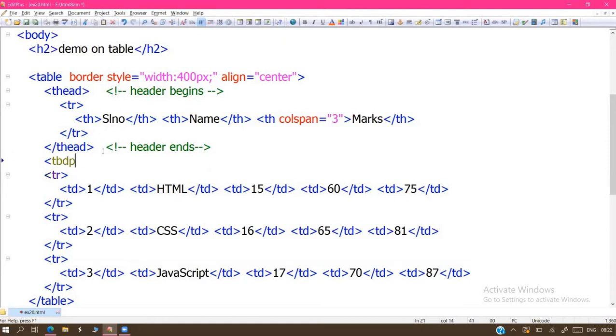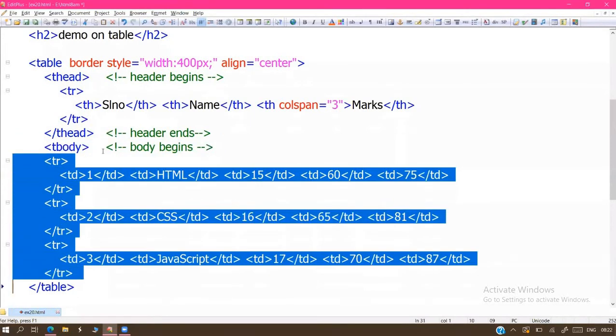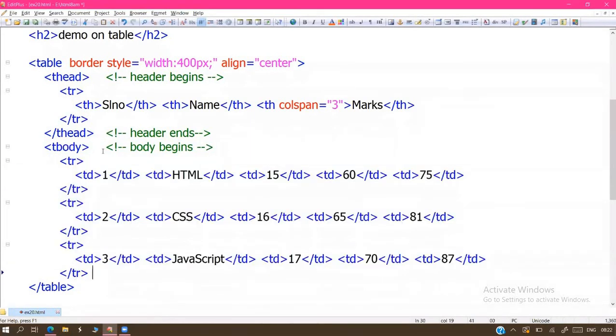I'm writing all these things in the body. Body begins here. Table body begins. Table body ends here.